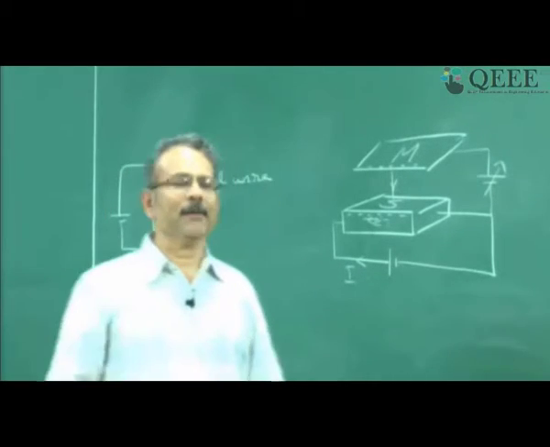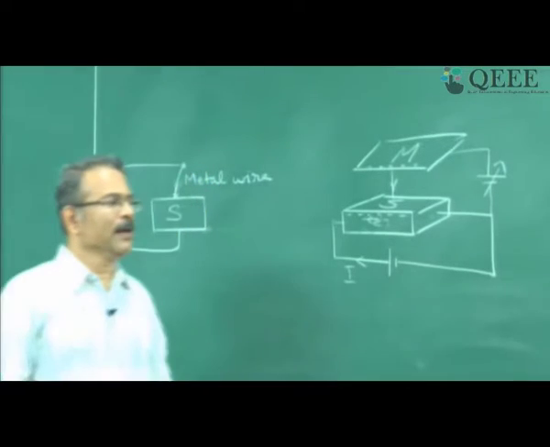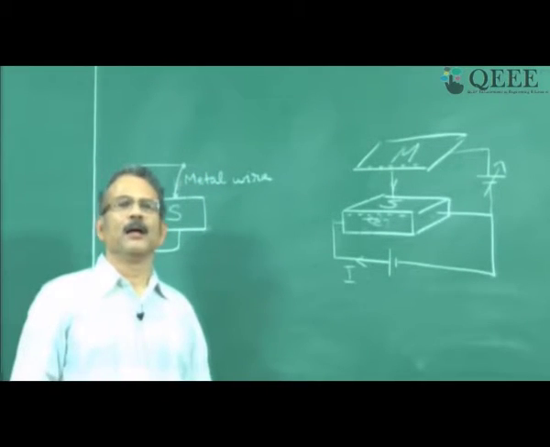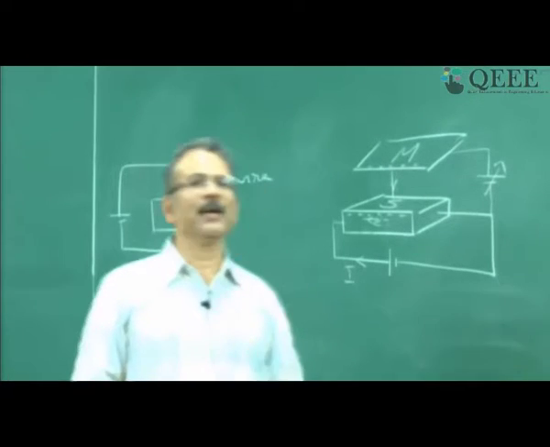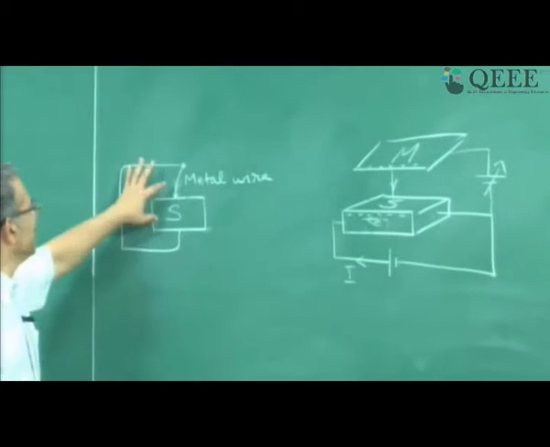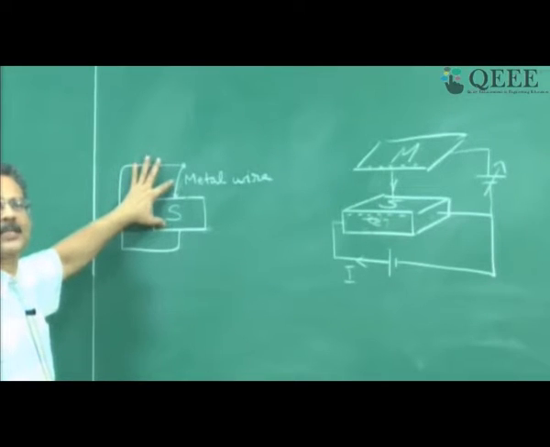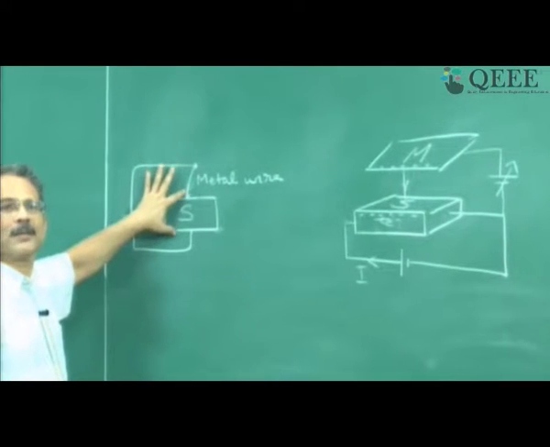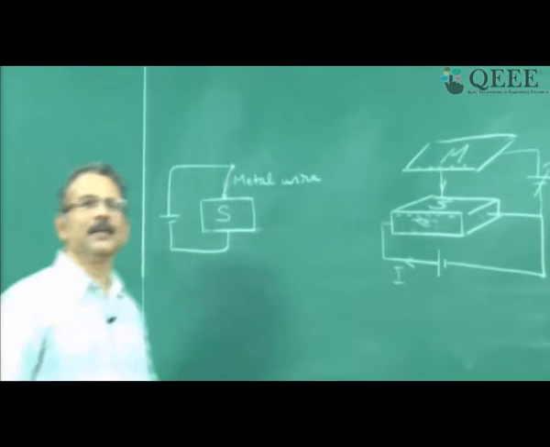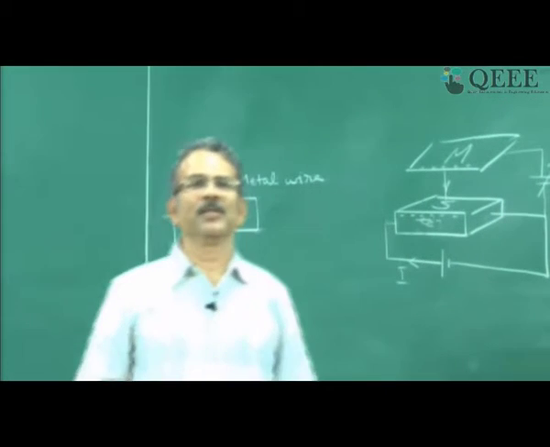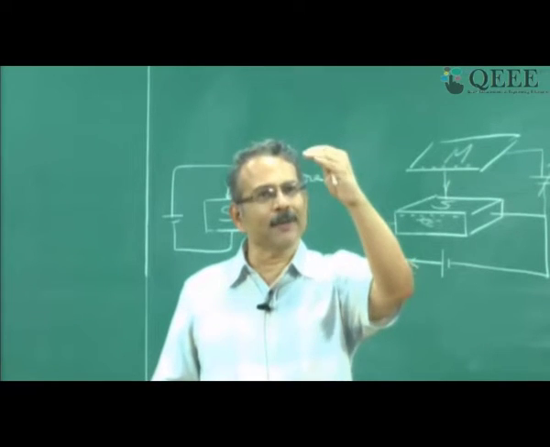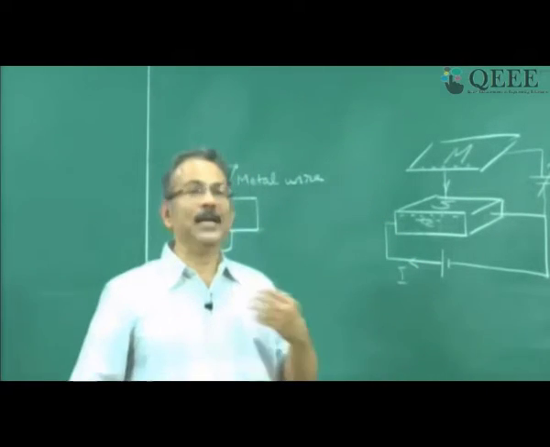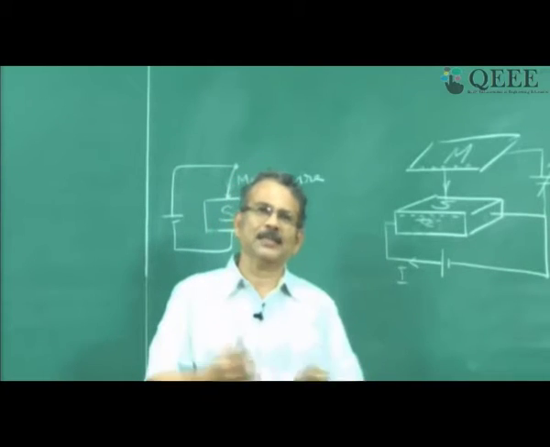As people were working, in 1940, Ohl discovered a p-n junction. Note that this was a metal semiconductor junction. Braun discovered the metal semiconductor junction. The p-n junction was discovered in 1940, which is made only from a semiconductor. Metal semiconductor junction is a contact between metal and semiconductor, whereas in a p-n junction, the p and n regions are made in a semiconductor material.